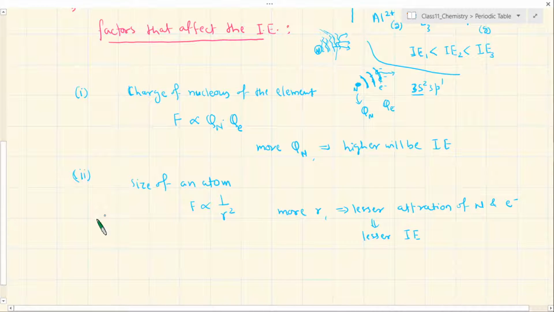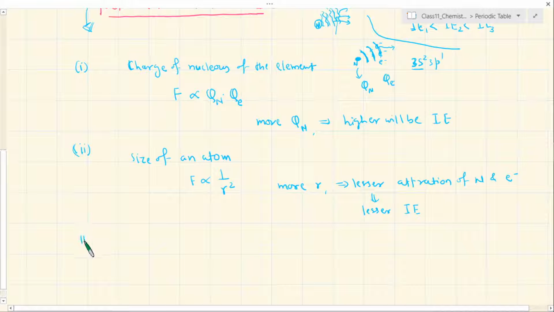But as I said, these factors don't play their role independently. So one factor is increasing the attraction, but the other factor, which is the distance, is reducing. So if you go down a periodic table, it should be the play of combination of the two factors. So ultimately which will win, that will decide the direction of the value for the ionization energy. Okay, but right now we are discussing each factor independently. Then whatever effect that we are going to see on the value of ionization energy of the last electron in an atom, it will be the play of all the overall effect together. Okay, so these are the two important things.